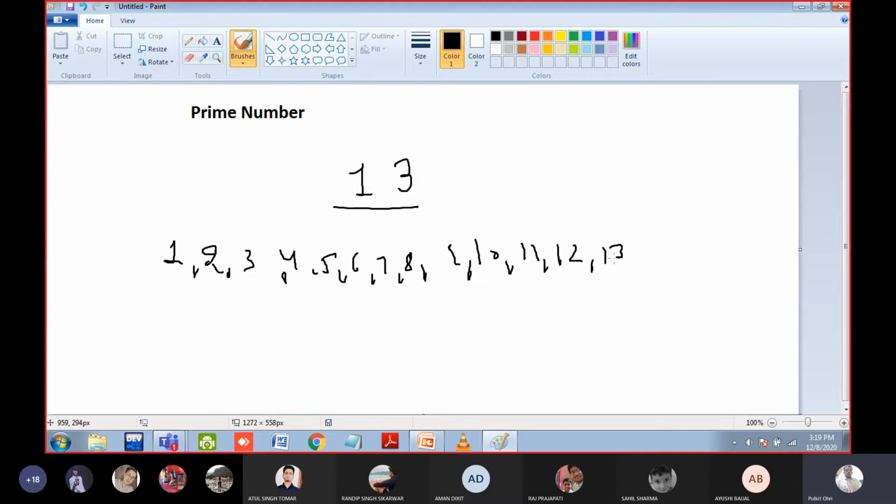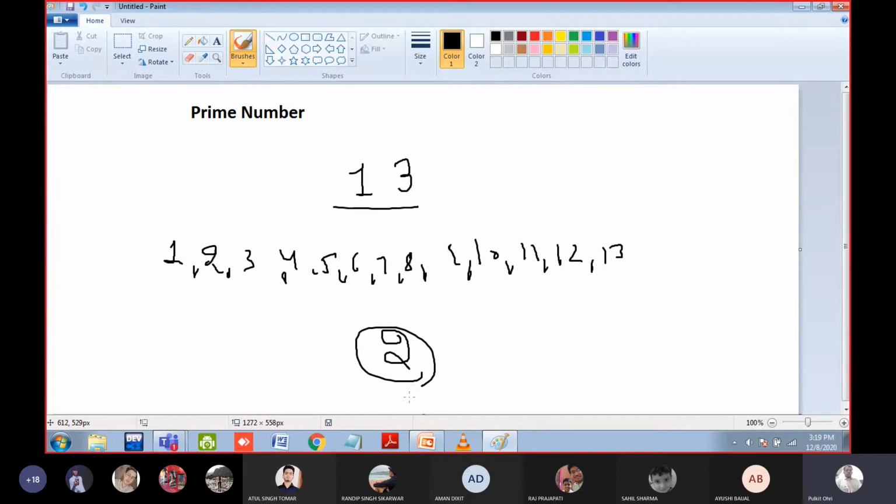The only thing is, when I divide 13 with these numbers, in the output it should be divisible by only two numbers. If it is divisible by two numbers like 1 and 13, it is a prime number. If it is divisible by more than two numbers, it is a non-prime number.